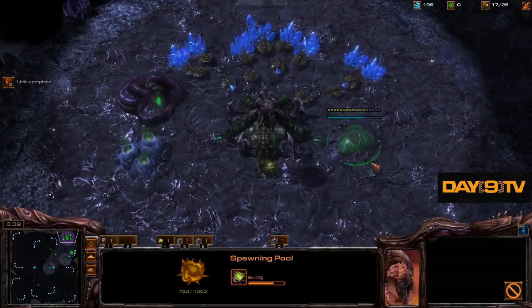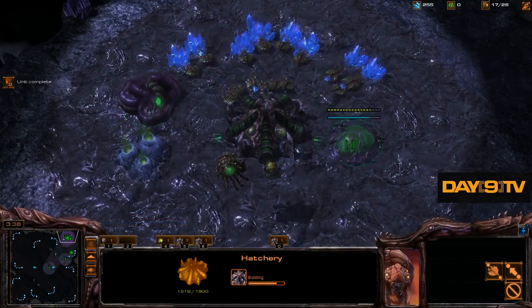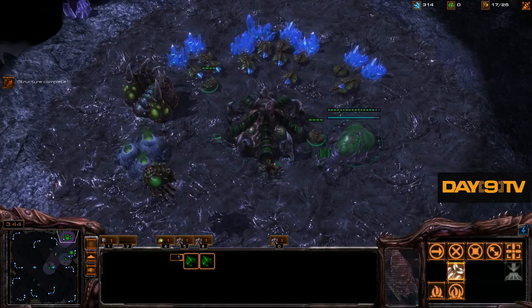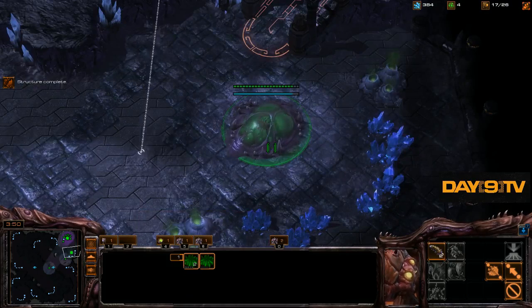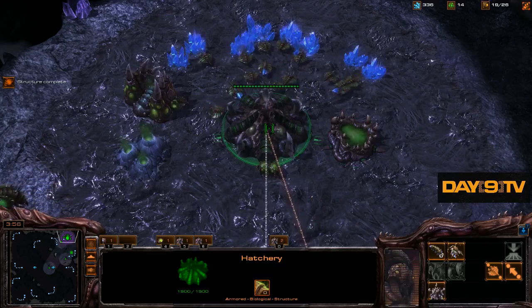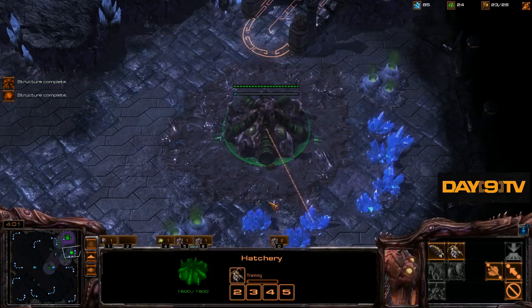Tap, tap, tap. I like to have my pool hotkeyed as 4. That pleases me greatly. So now I'm going to add this hatchery to control 0, so that way I can 0 both of them. So I'm going to build 2 lings and a queen and a queen, and I'm going to go right back